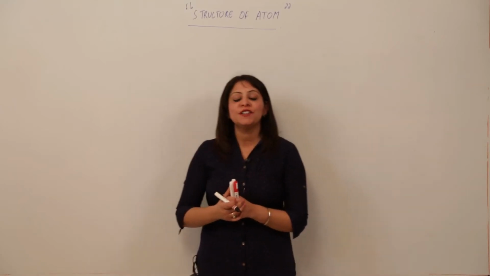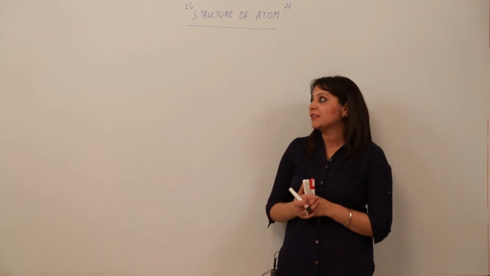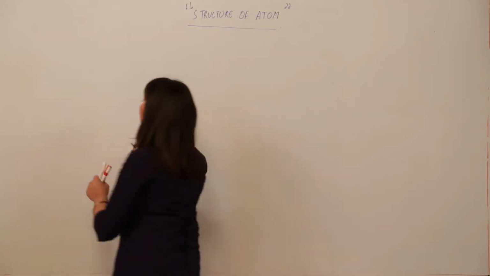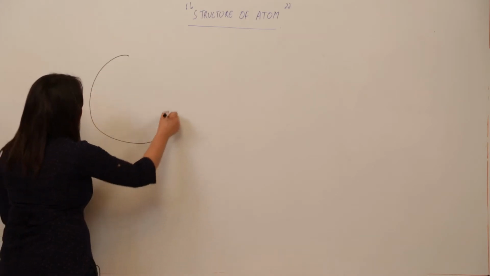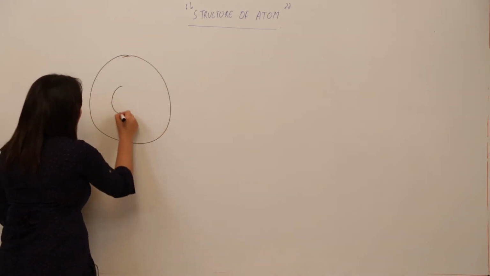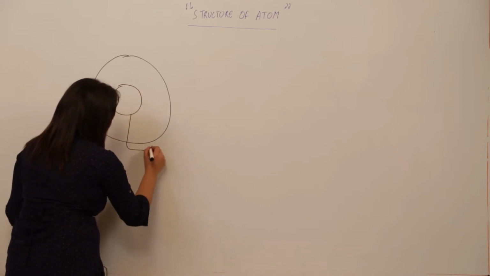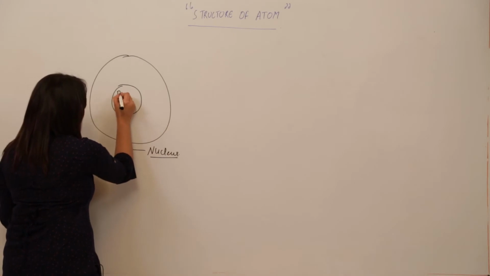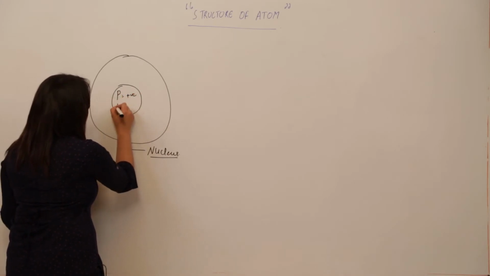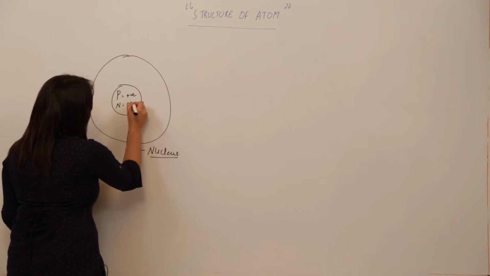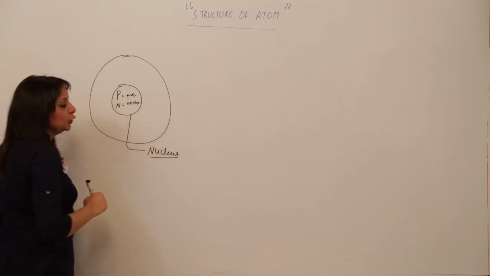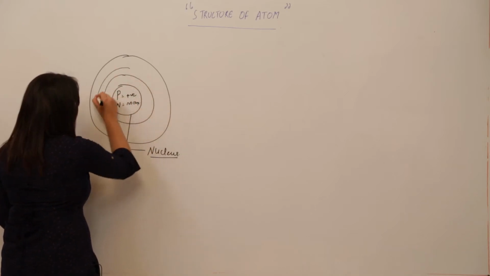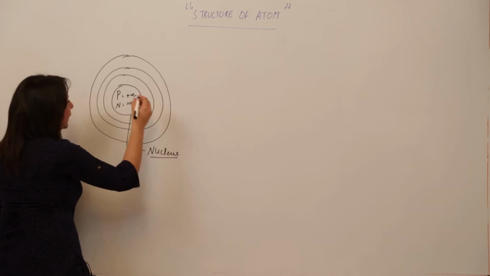As Bohr was able to explain the structure of the atom in a proper manner, according to Bohr, the atomic structure consists of a somewhat spherical atom with a nucleus. The nucleus contains the positively charged particle, the proton, and the uncharged particle called the neutron, which contributes towards mass but not charge. And outside the nucleus, shells are present, as we have already discussed in the Bohr model, and the shells